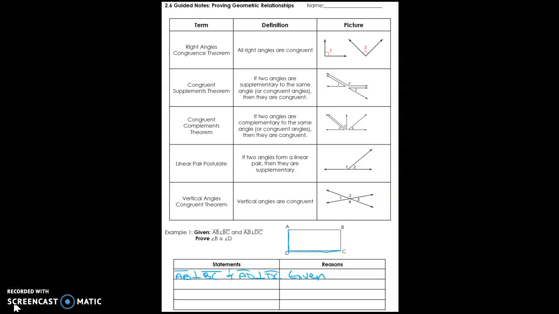All right, and so now, since we know that these line segments are perpendicular, we can tell something about them, but what I want you to do is go back to that angle reference sheet and see if you can figure out what our next statement line should be. So pause the video and just take a look at that. All right, so hopefully you paused the video and you found that whenever we have perpendicular lines, it means that we have right angles, aka 90-degree angles, right? But we're only trying to prove that angle B is congruent to angle D. So we just can start with that and say angle B and angle D are right. So they're right angles, right? And this is because it is the definition